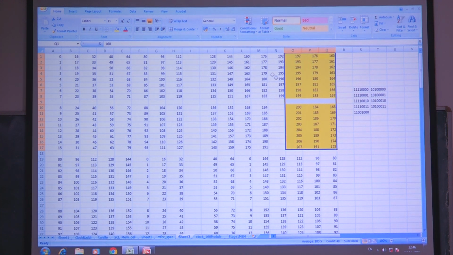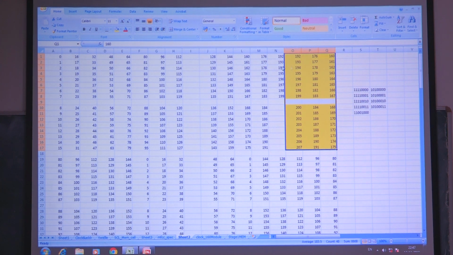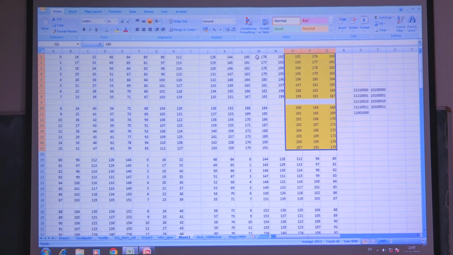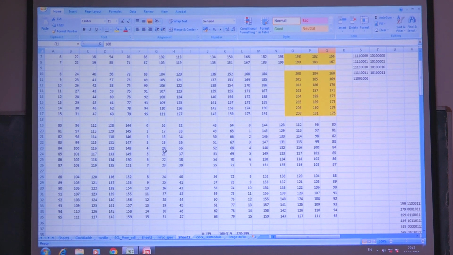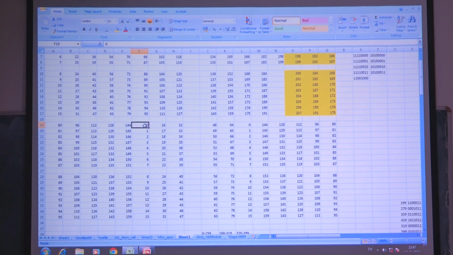So if we have 4 memory tiles, it's more than sufficient to store the 3 overlapped frames, even 4 overlapped frames. But if you observe here, a single value is copied 3 times. For example, the 160, if you check, it was copied in the L1 column, also the Q1 column, and also the F19th column.